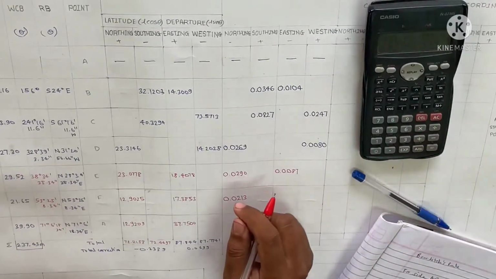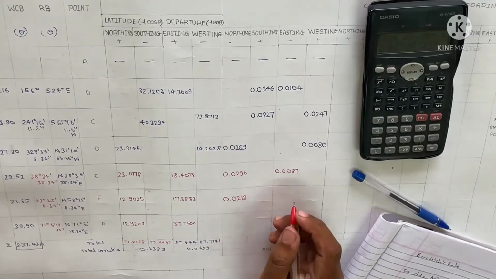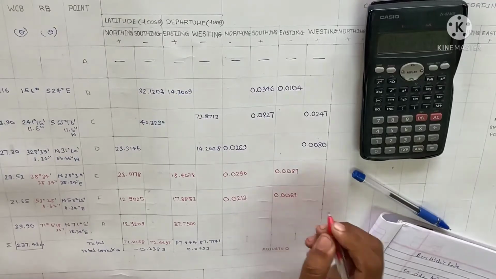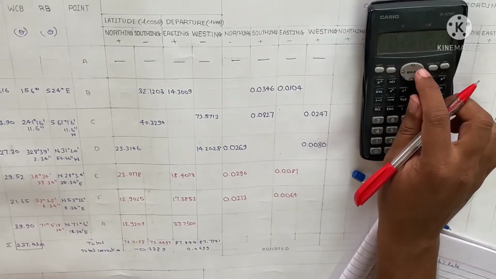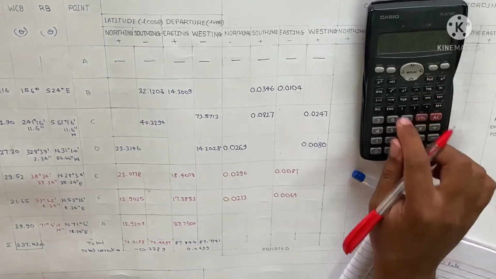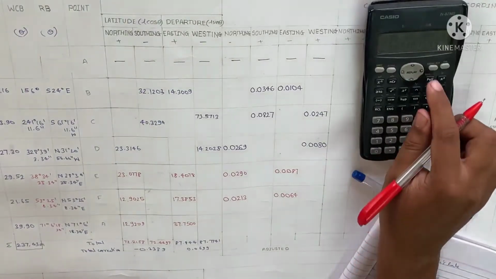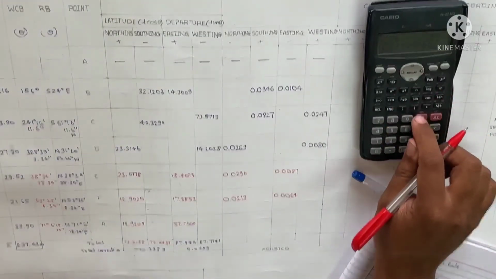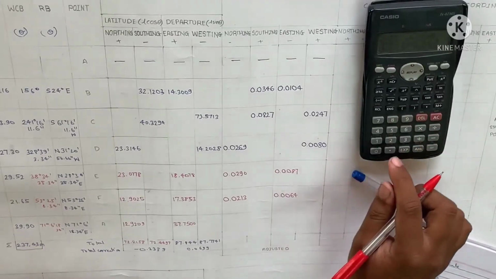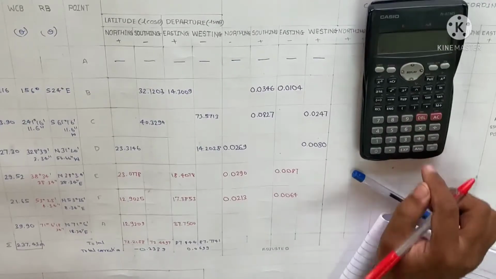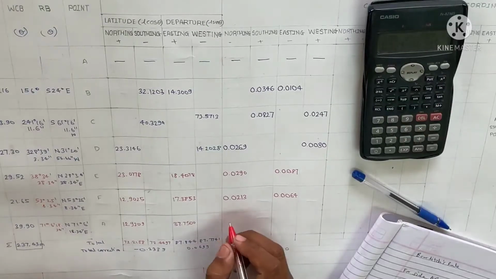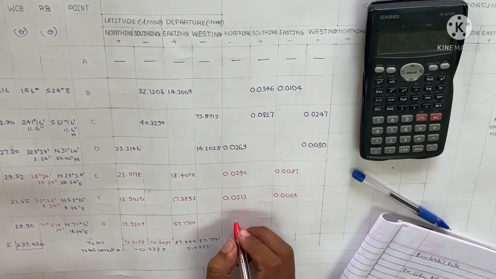Okay, so it is coming out to be 0.0064. And of the last, that is of the line FA, that is coming out to be 39.90, that is the length of the traverse leg FA, divided by perimeter of the traverse into total error in latitude, it is 0.2339. So which is coming out to be 0.0393. Okay, so that we are going to write it here.